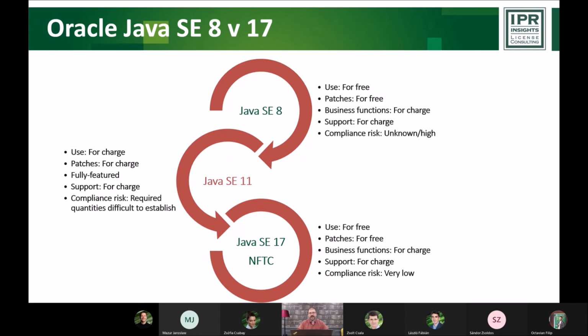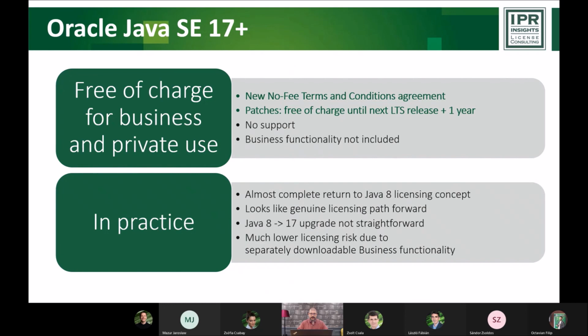Oracle, I think, has made a retreat and gone back quite precisely to the way things were before. The license agreement is different, but in effect, the way it works, the mechanics of the whole thing is the same as before. The added benefit is that we now have a much lower software asset management risk, a much lower compliance risk. The way Java 17 works is that